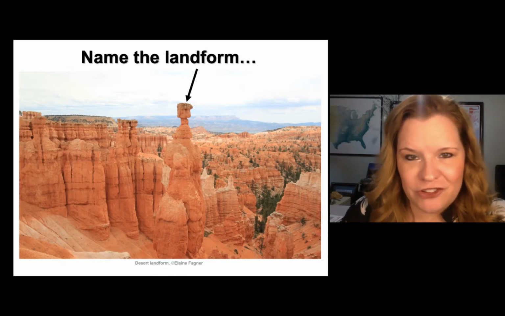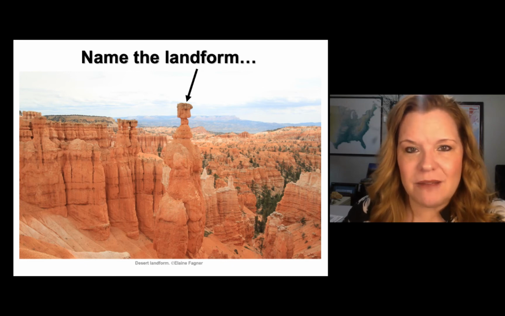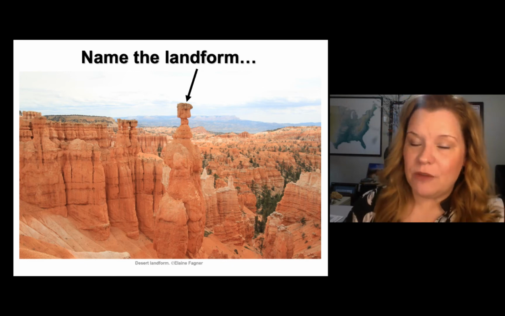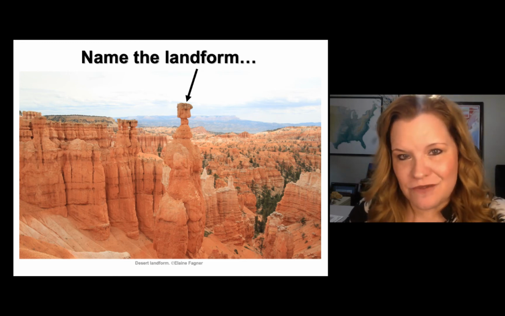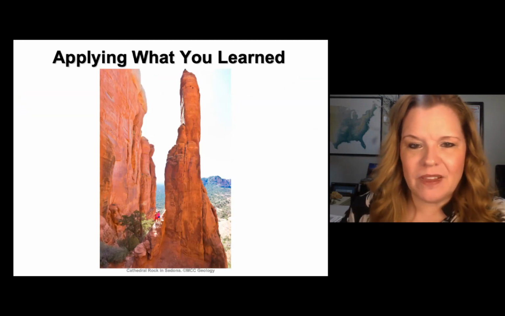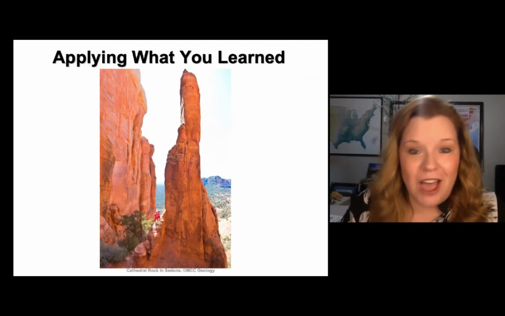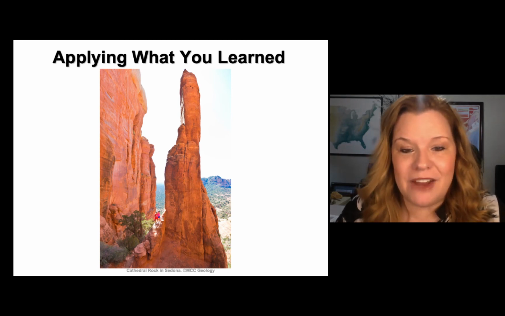I hope you know what this is called. It's my favorite one. I even have a cat named after this. It has cap rock on top. If it didn't have a cap rock, it would be a spire. So what is this particular geologic formation? It begins with an H, so it's a hoodoo. That does not have the cap rock, so that would be a spire.